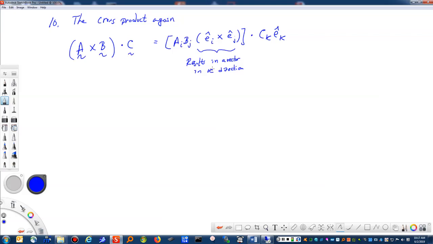You know, it's a free index, so it could be 1, 2, or 3. But when I do this dot product, and I dot it with the unit vector in the e hat k direction, the only thing that's going to survive that dot product will be the one that's not repeated. So it's a little bit clunky, but I'm going to say that this is in the e hat k direction,